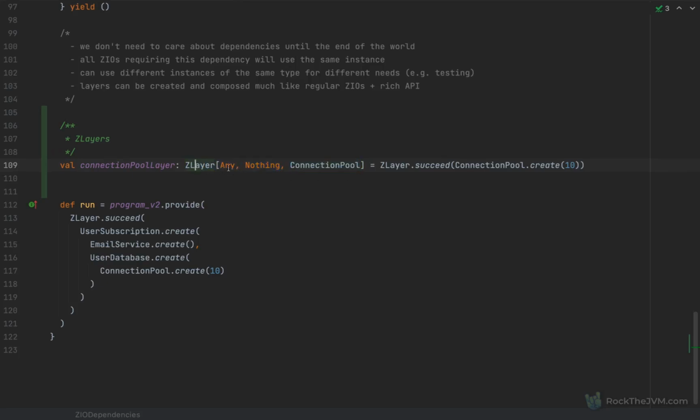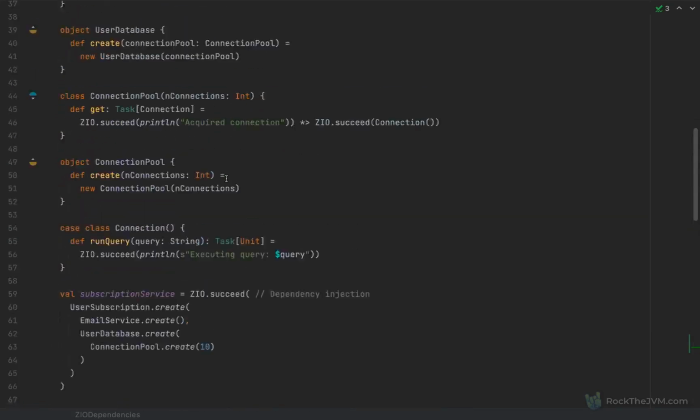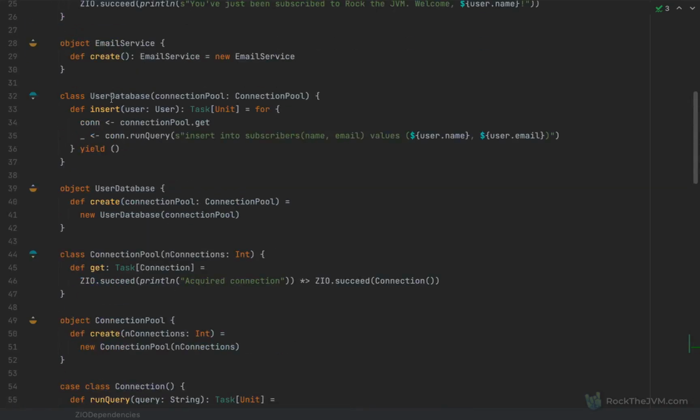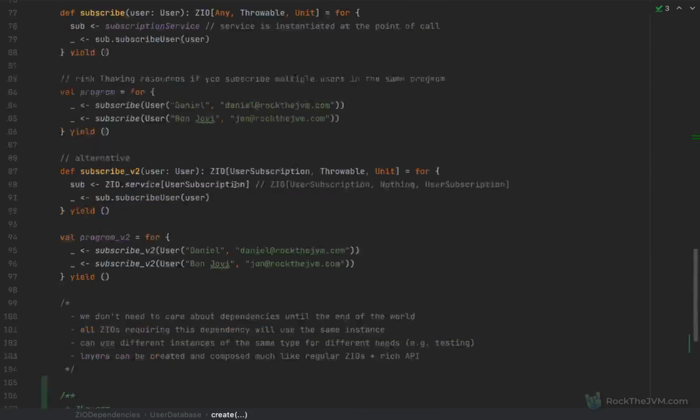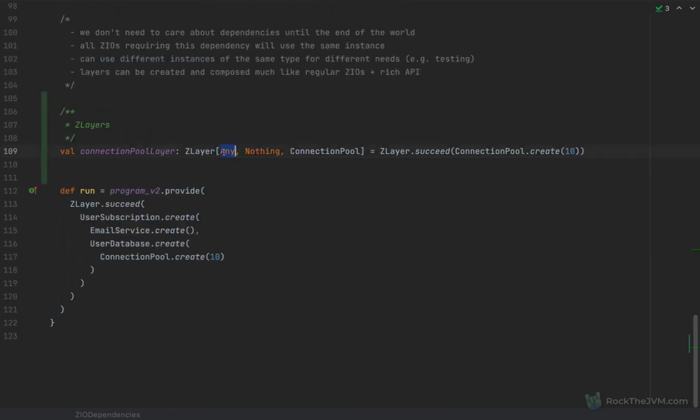Now, ZLayers usually require some sort of dependencies to solve the dependency injection problem. The regular way of doing dependency injection is to create some factory methods that take those dependencies as arguments, which is why you can also build ZLayers out of these construction functions that take dependencies as arguments. For instance, if you want to spin up a user database, you would call the create method, which takes a dependency argument. You can also build a ZLayer which has that dependency in the dependency channel here,